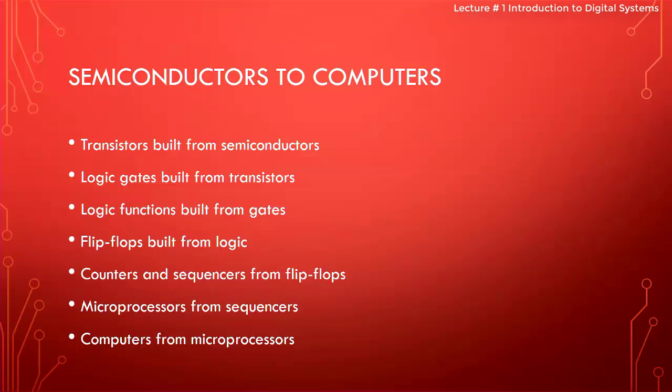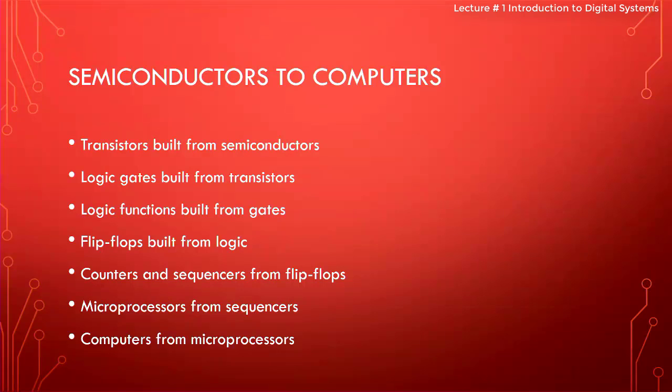This is the slide that I'm going to keep bringing every now and then. This is really what we are going to do in this class. Transistors are built from semiconductors: silicon and different compounds of gallium arsenide, phosphorus, indium. They are used to make transistors. Using transistors, we are going to create logic gates, AND gate, OR gate, XNOR, exclusive NOR, and those gates are then used to create logic functions, which have some kind of application.